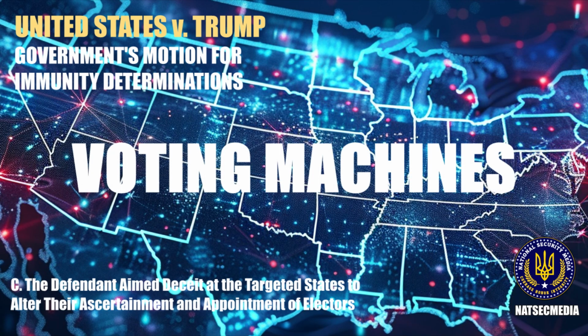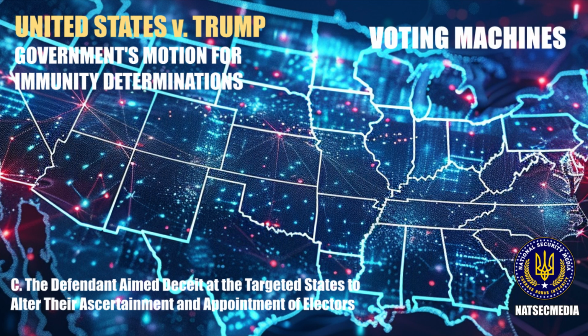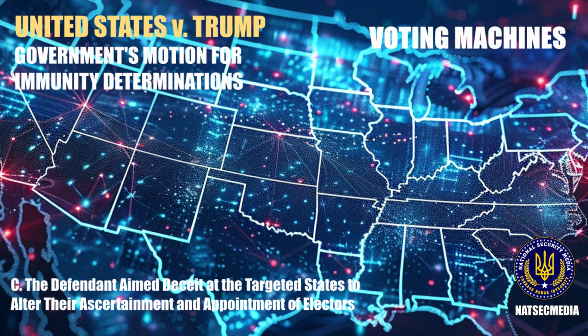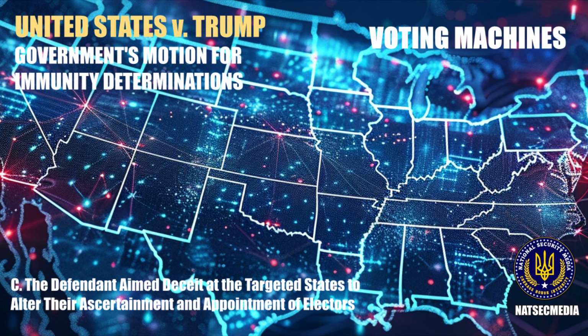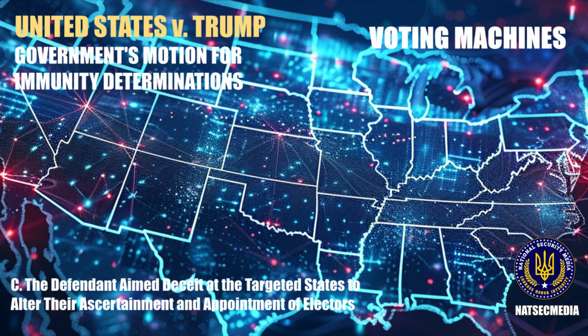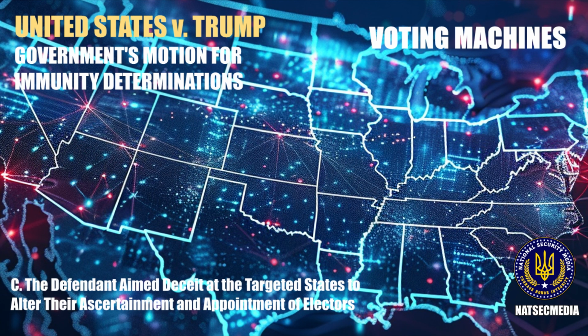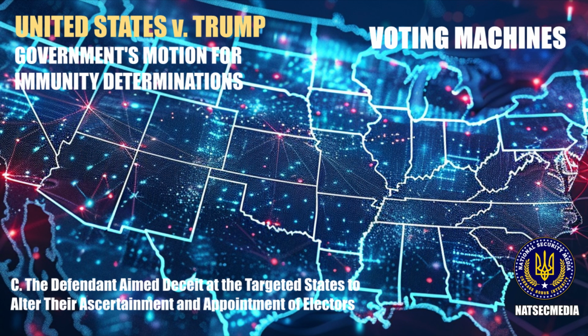Seven, voting machines in multiple states. Throughout the post-election period, the defendant and co-conspirators repeatedly made claims about the security and accuracy of voting machines across multiple states, despite the fact that they were on notice that the claims were false. As early as November 12th, for instance, the National Association of Secretaries of State, the National Association of State Election